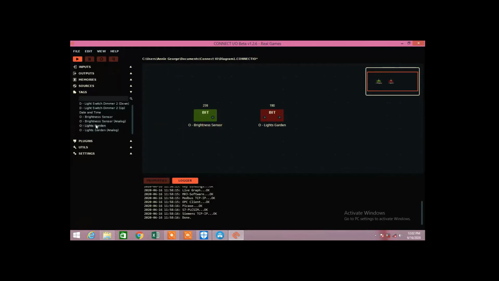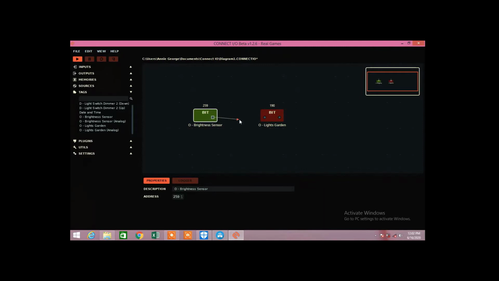So you have dragged in both tags, brightness sensor and lights of garden. You can activate the lights of garden by just connecting this bit with this bit. Both are digital, and you can activate it just by dragging the connection to this block.